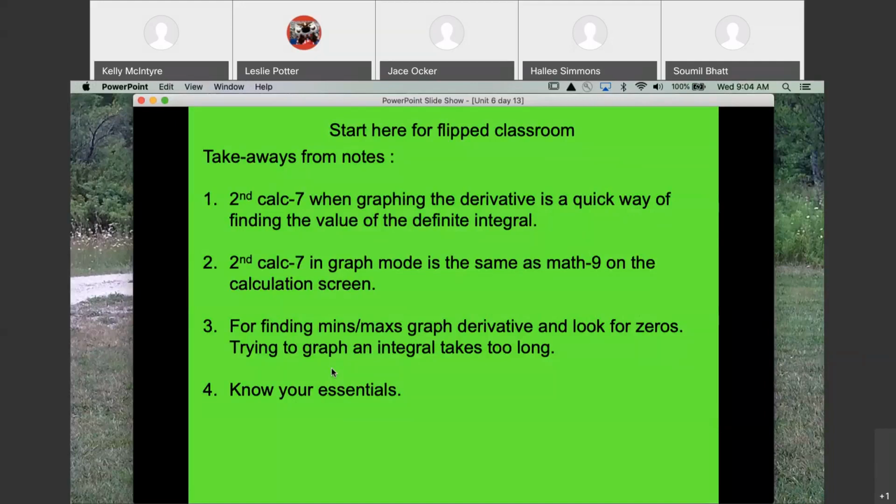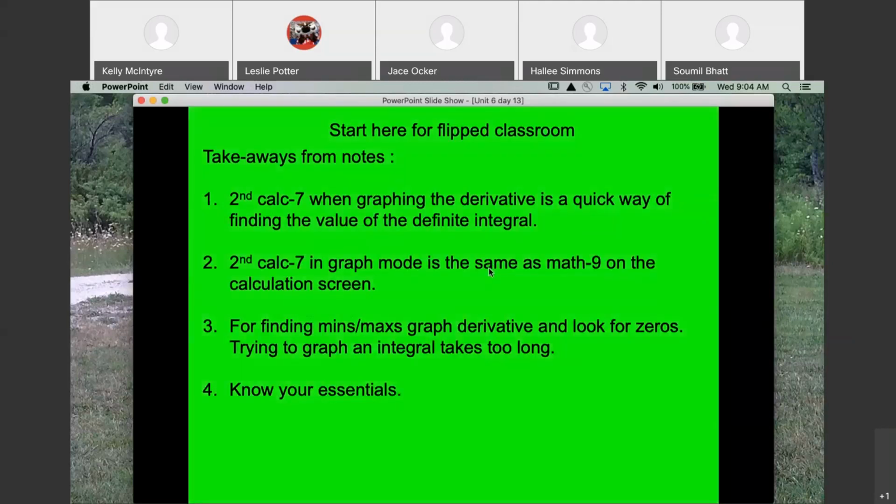Sometimes you're graphing it anyways for other reasons. So that would be the reason to do a second calc 7 over a Math 9. Doing a Math 9 in your equation on the equation screen, the y1, y2 screen, that really takes a long time to generate. We've done that too, where we did a Math 8 and tried to point by point graph the derivative. So this would be point by point graphing the antiderivative, and it takes a long time to do those sorts of things. So I would stay away from,